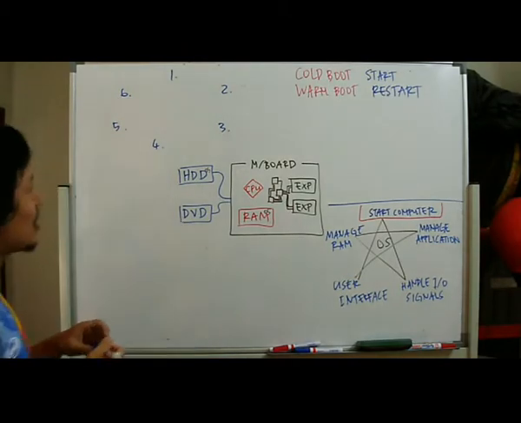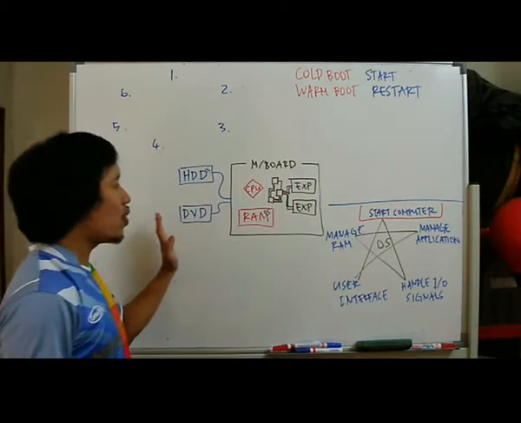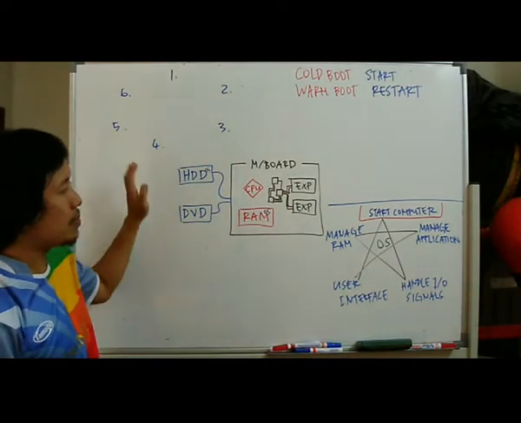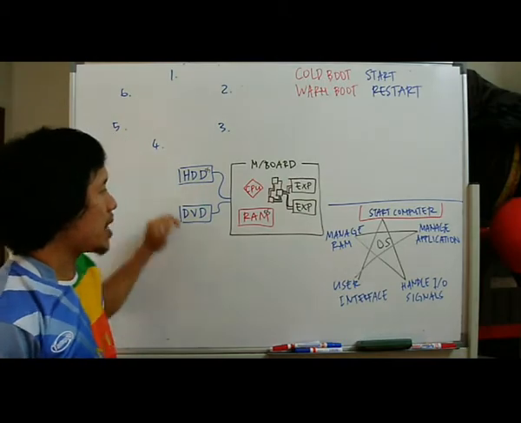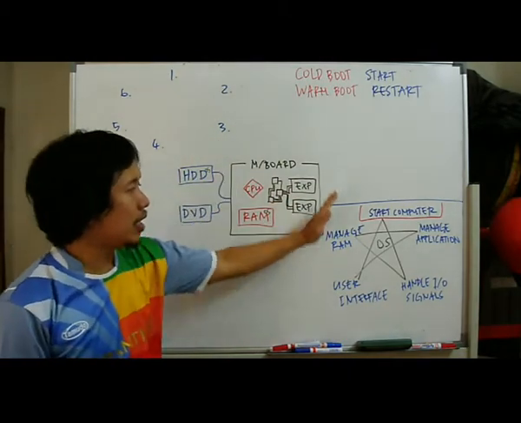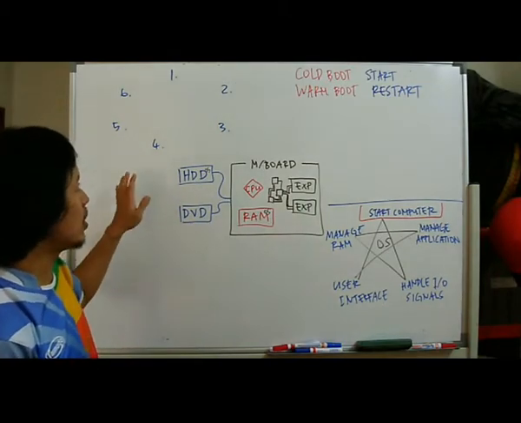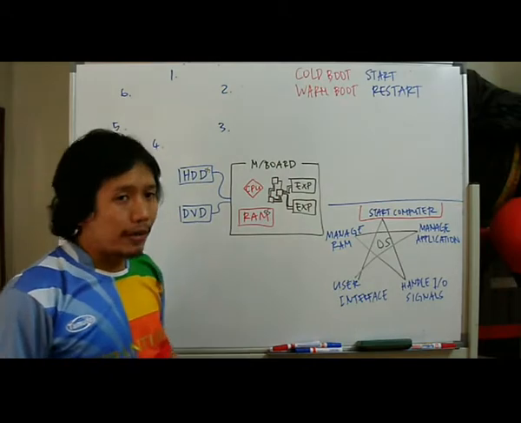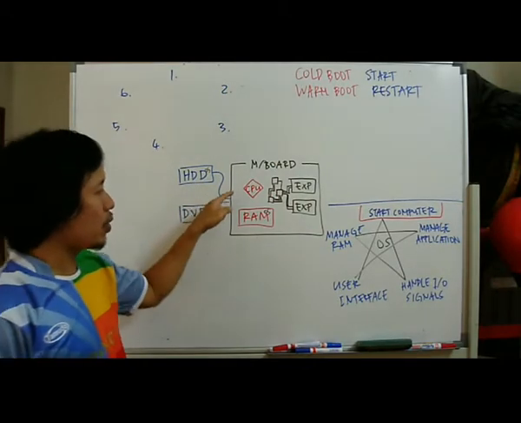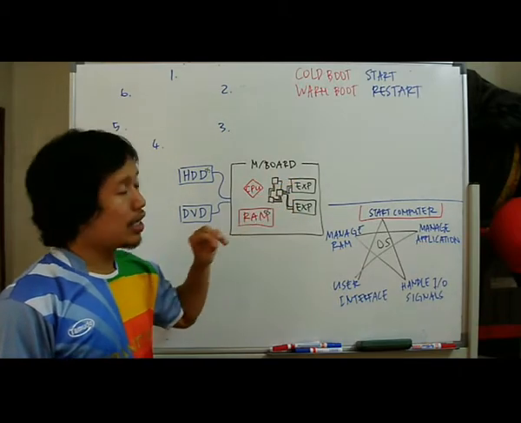But anyway, before we go on with the 6 steps, let's focus on the main board and the hard disk drive and everything, meaning the components inside of your system unit, which is very much involved in this cold booting and warm booting, right? Now, on your motherboard, aside from the CPU and RAM and the expansion cards, you also